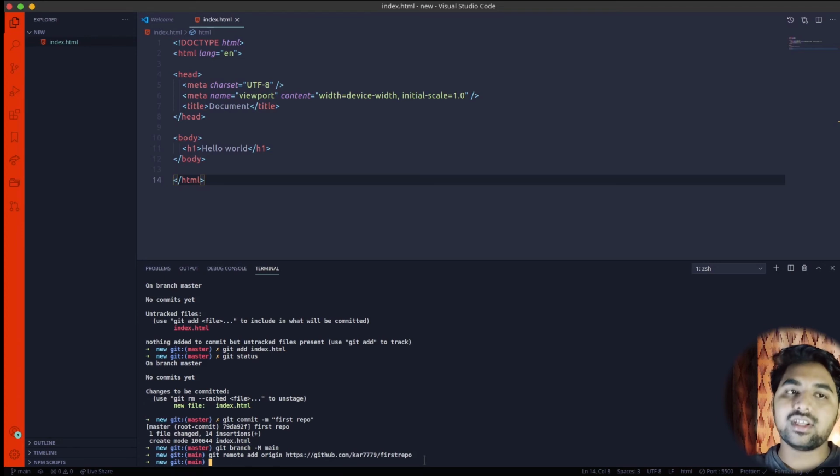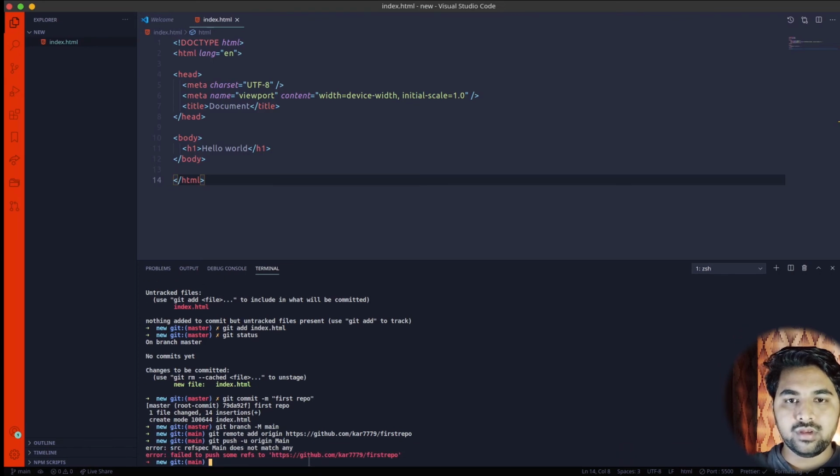Now the last command. If you want to export the file into the GitHub, you have to use git push. So I'm pushing this file into the Git repository. I'll add git push -u, where u is universal, then origin main branch. I just made an error, so I'll check it.